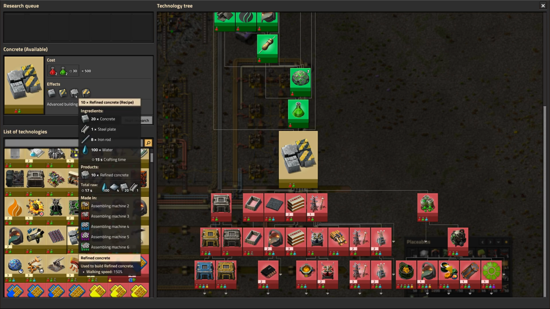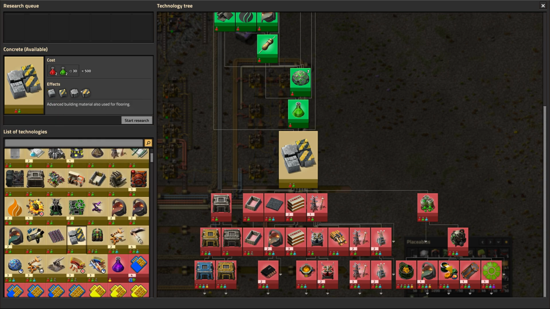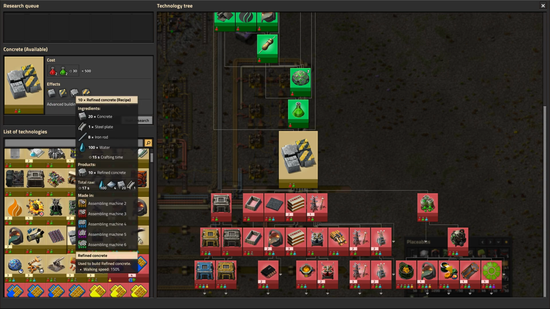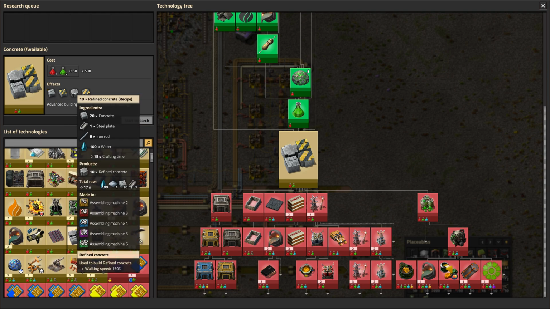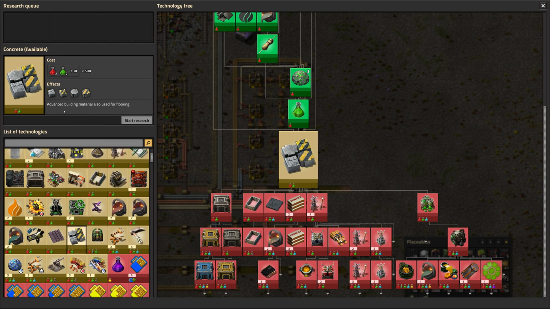And then we could take it a step further by going to refined concrete, but you see it's 20 concrete goes in and then 10 comes out. So then we lose some of that efficiency of concrete. Also, it requires a ton of resources. So if you look here, we get 10 concrete, and all it requires is 1 iron. But to get 10 refined concrete, not only do we need 20 concrete, but we need those 4 iron plates and a steel. So it takes a lot more. So it's not really worth it, but...